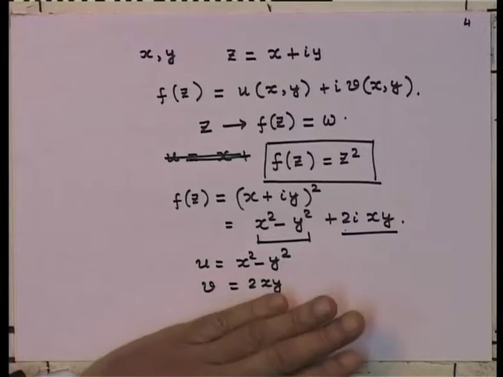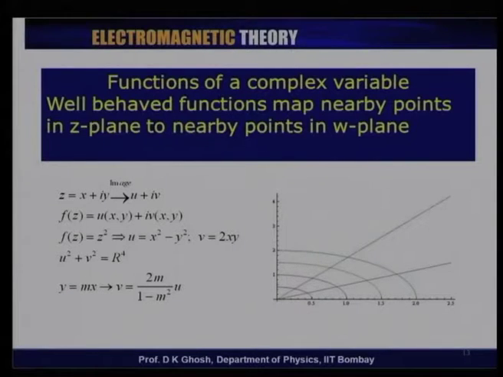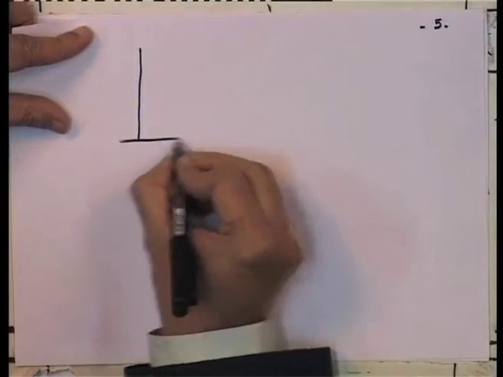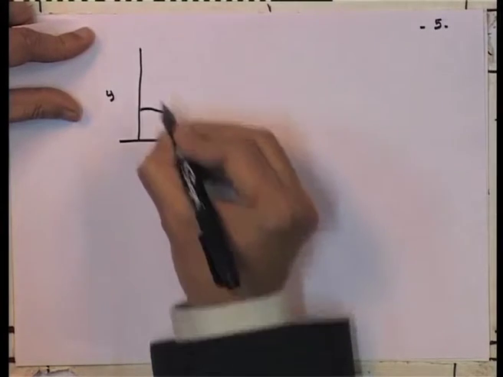Now, let us look at what that mapping actually means. I have sort of shown this picture here. So, what I am doing is this. Let me consider just a function like this, a region which is given by this circular region. So, in my original z plane, let me redraw it here. This is x, this is y, and I have families of circles.